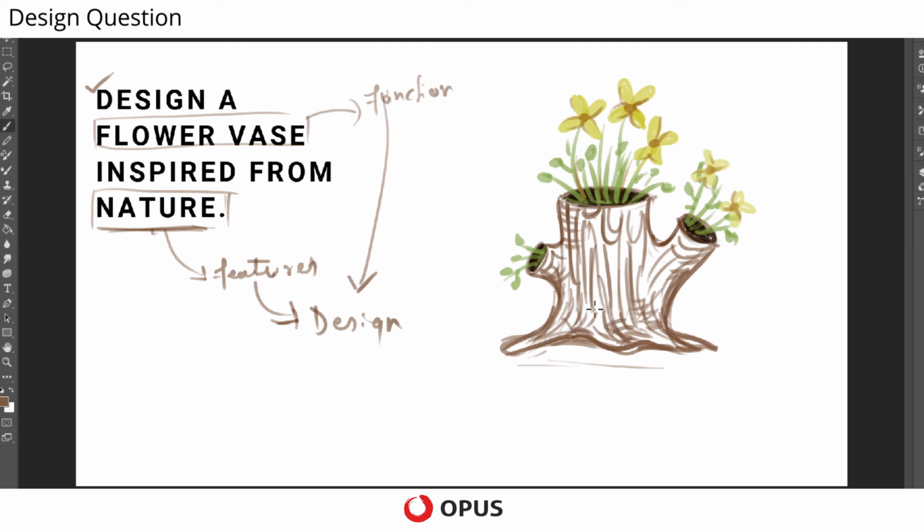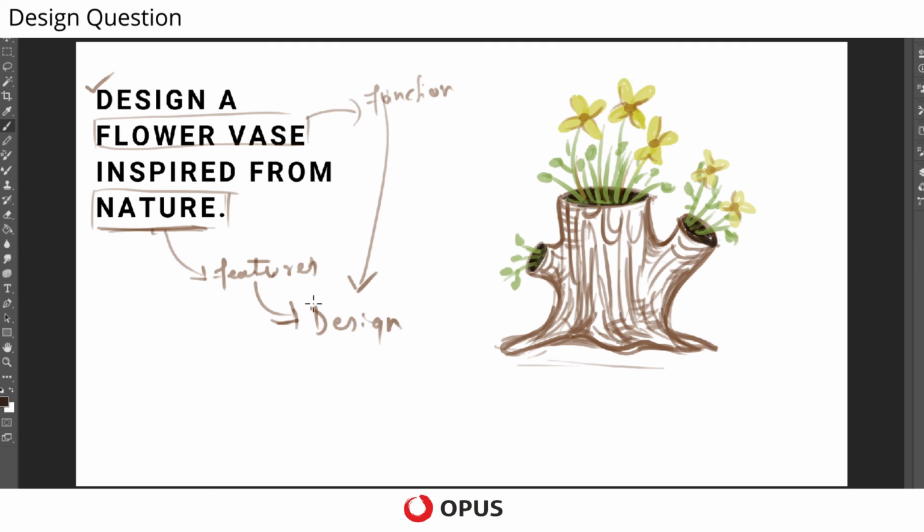That is the most important thing that will be judged while you attempt to solve these questions. So keep your mind open, think very creatively, and think of how you can use various elements of a certain form to create a design whose form can be used for a certain function, and thus you create a new design.